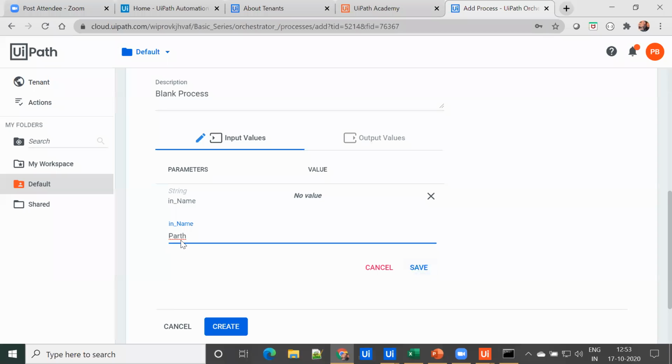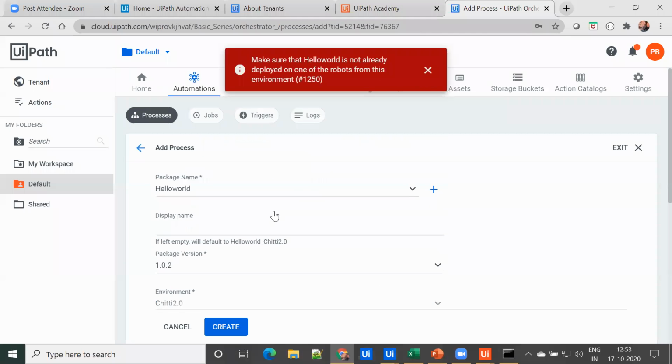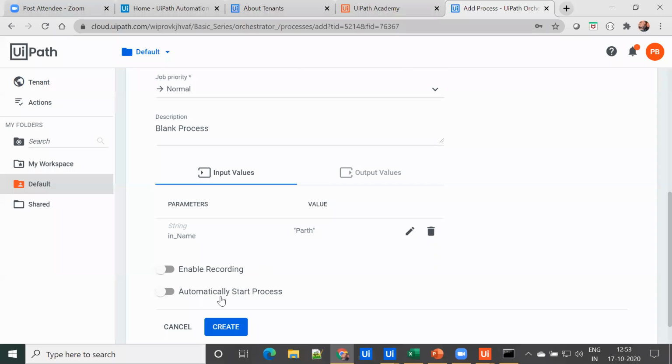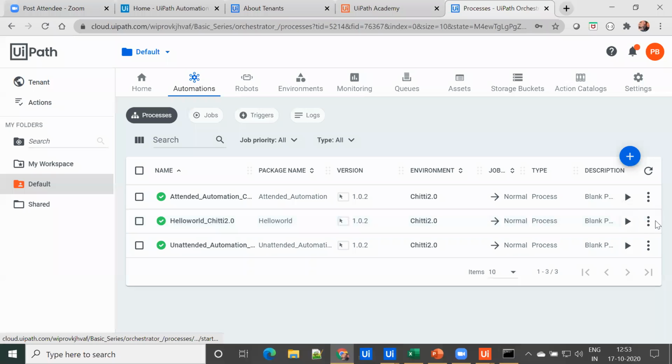So this time I'm giving Parth as a name. So click save, click create. Make sure. So it's already created. So let's delete it.